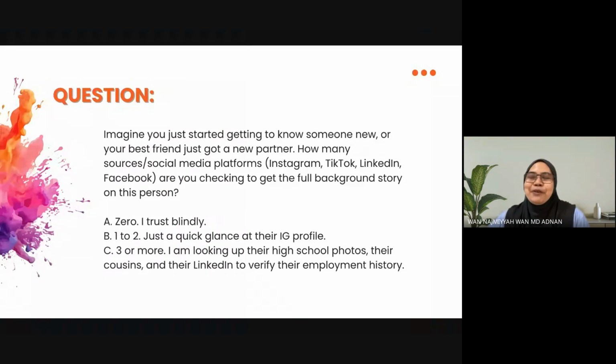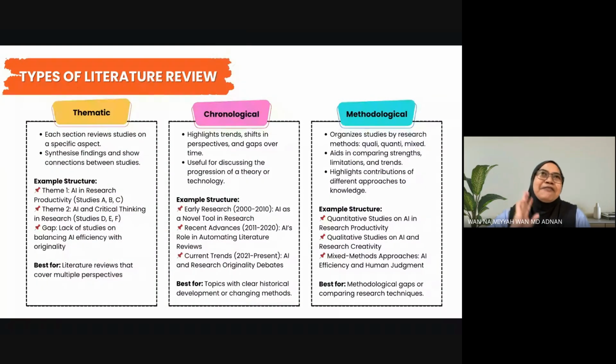So literature review is something like that as well. You need to dig deep into a certain topic in order to understand the topic very well. That is like the basic of what literature review is all about. Okay, so there are different types of literature review. Okay, for example, when you want to write certain topics,